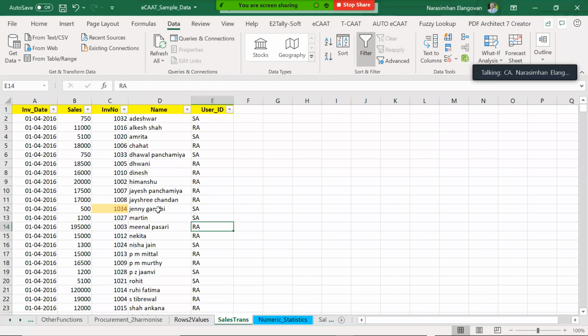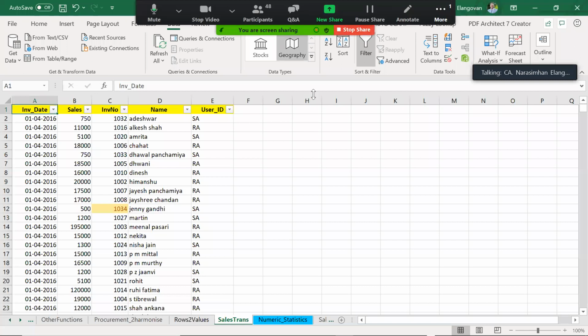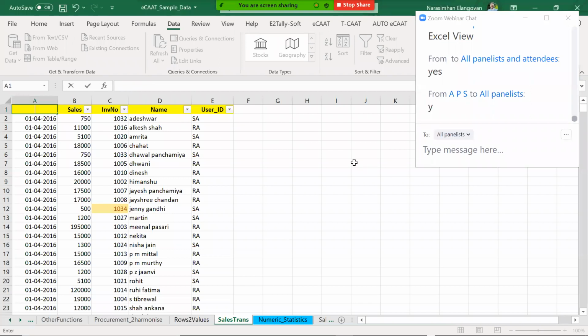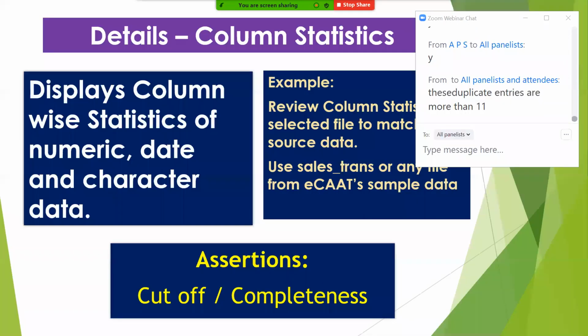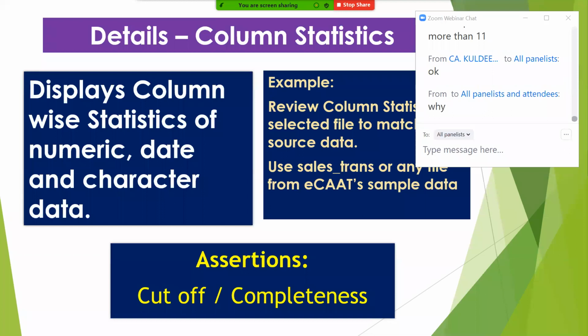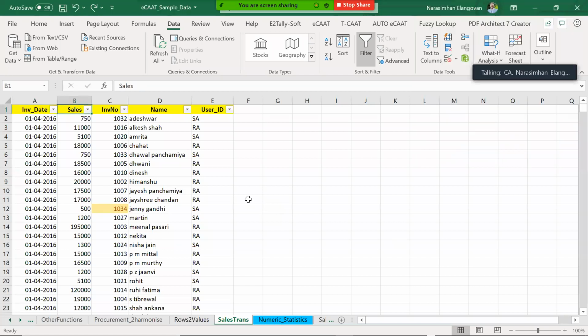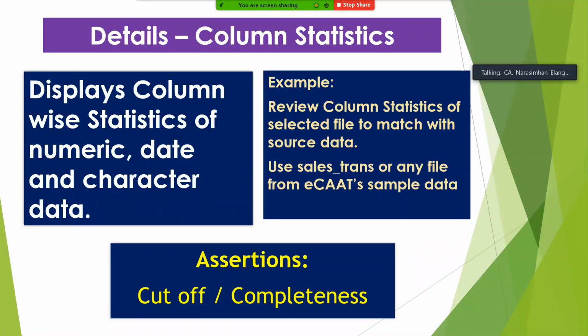Column statistics. Now, can you please apply statistics based upon, let's say, invoice date quickly? Can you please apply the invoice date statistics and tell me what you get to know from that? Please apply the column statistics based on invoice date. Date-based statistics: which month has the highest sale, etc. Okay, why are there more than 11? We will explore that. I just gave you a preliminary idea that there could be 11. Maybe there could have been a space, my dear friend. Correct?